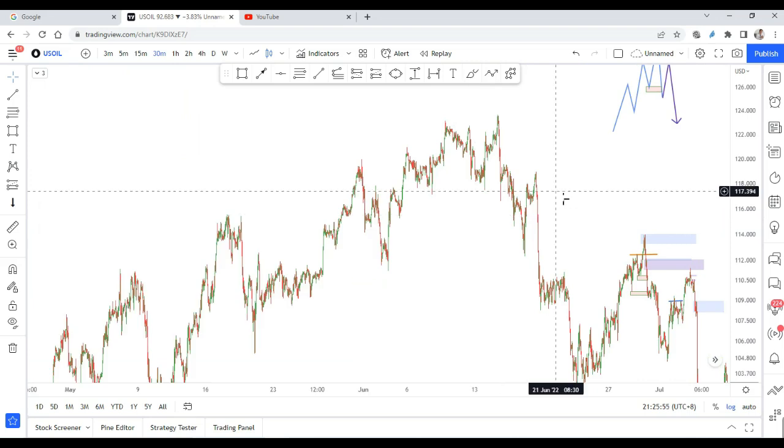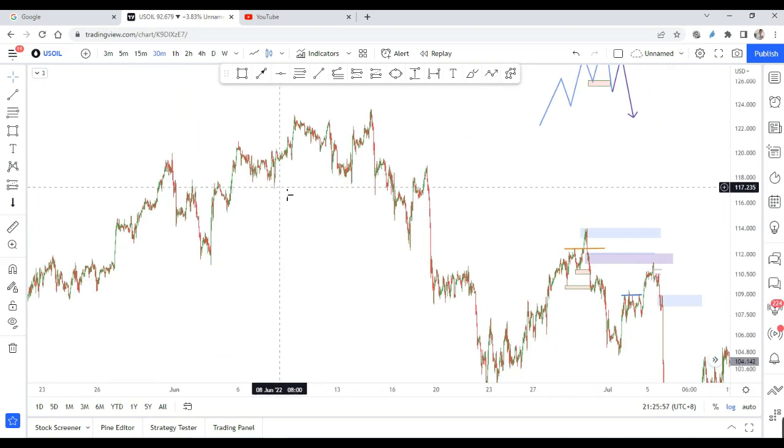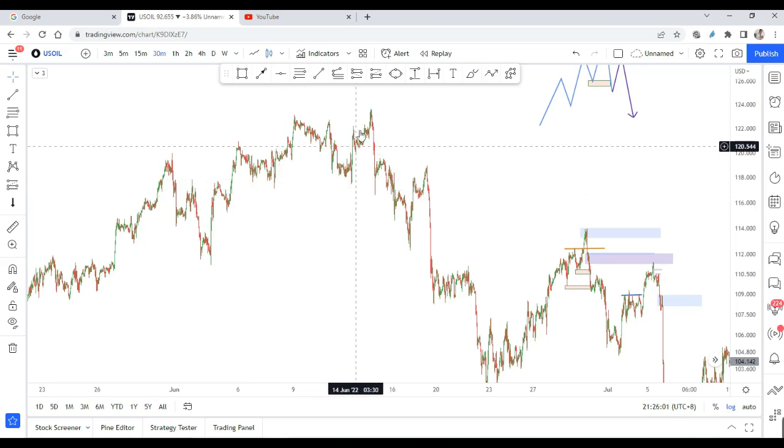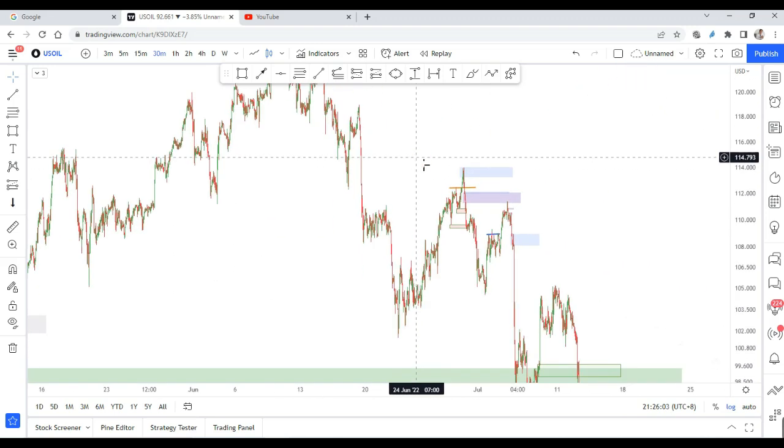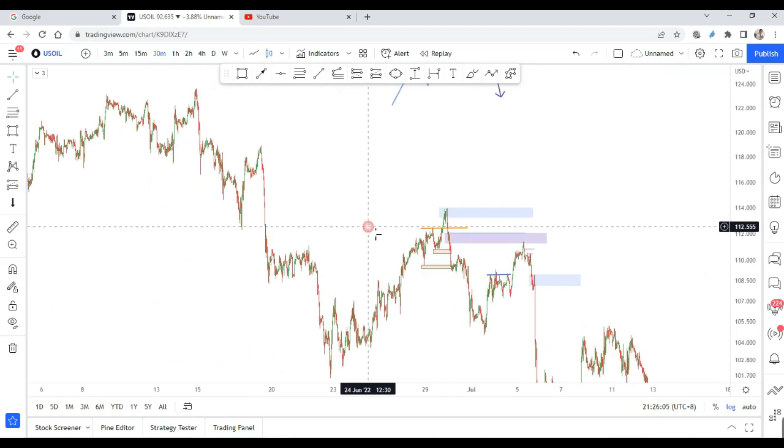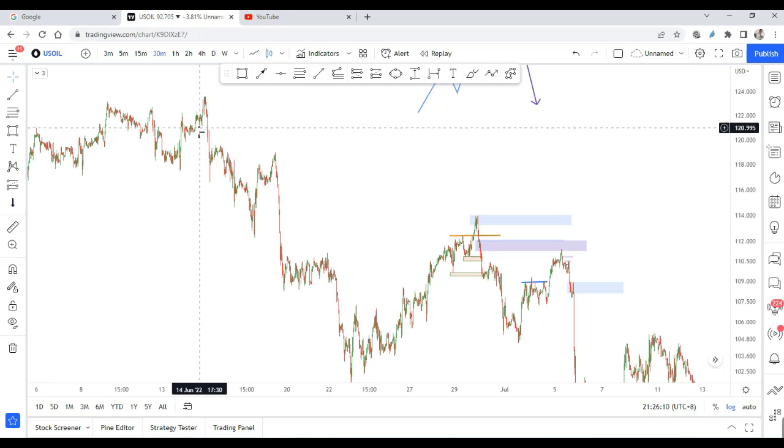You can see first of all the overall structure over here. Once it's broken this one big higher time frame structure, the trend has changed. All right, so we are looking for sell. Never think about reversal at this point. Don't think about reversal at this point, because overall the price has dropped and on higher time frame it is going